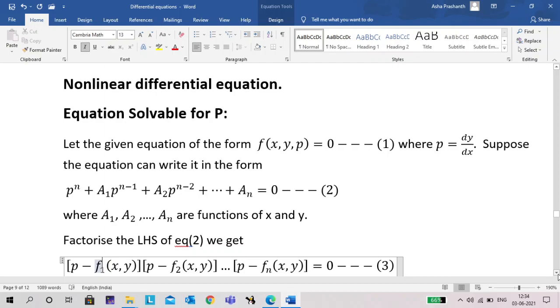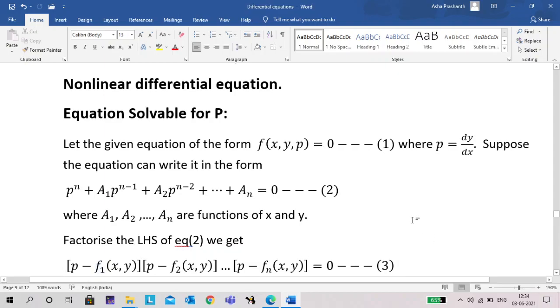Clear? Okay, these are the three methods we have studied in the previous classes, right? These are the three methods related to linear differential equations. Out of these three methods, definitely one or two questions will come in your exams for 5 marks. Clear? Okay, next we move on to the non-linear differential equations.